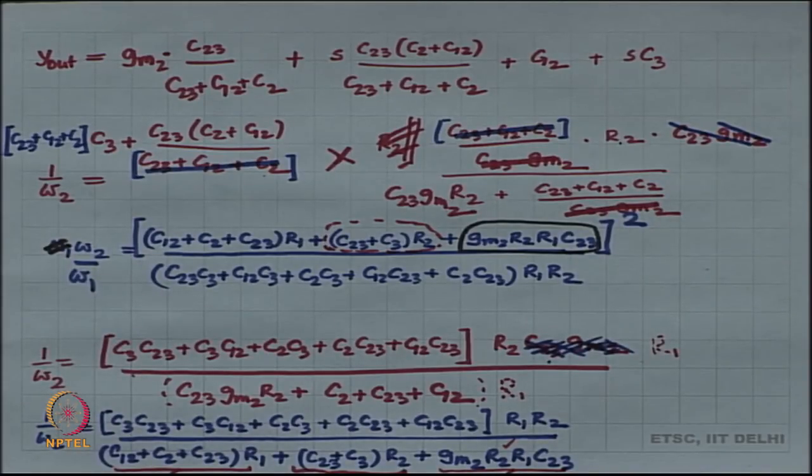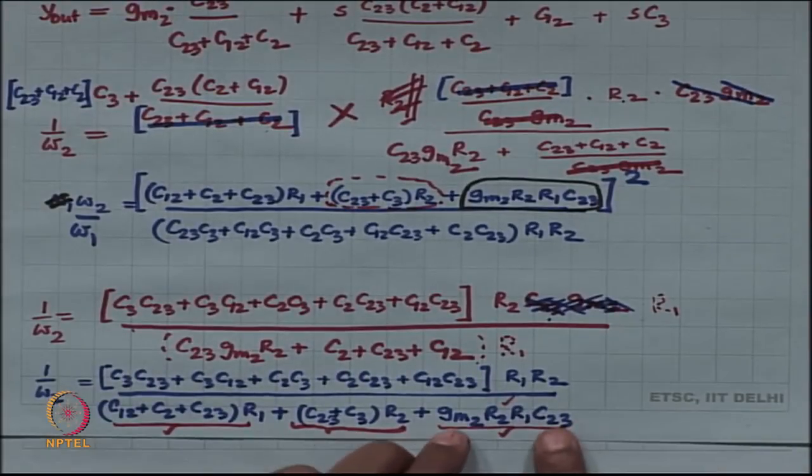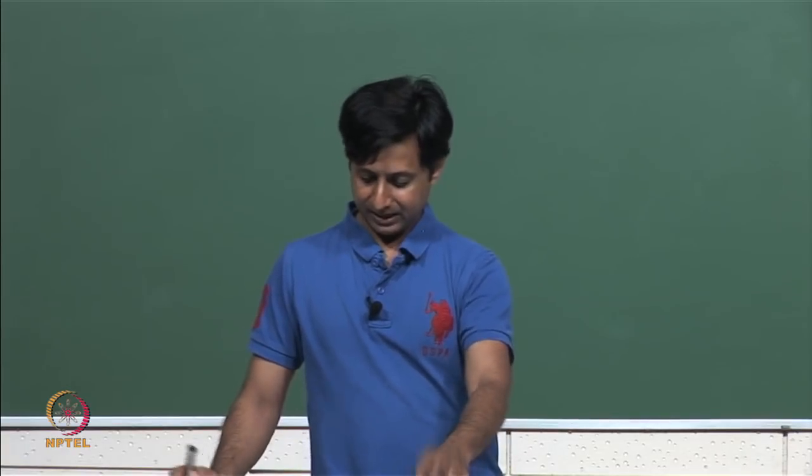Okay. If you look at it very carefully, omega 2, if I increase the value of C23, then 1 by omega 2 is going to decrease, which means that omega 2 is actually going to increase. 1 by omega 1 is going to increase, omega 1 is going to decrease. In other words,